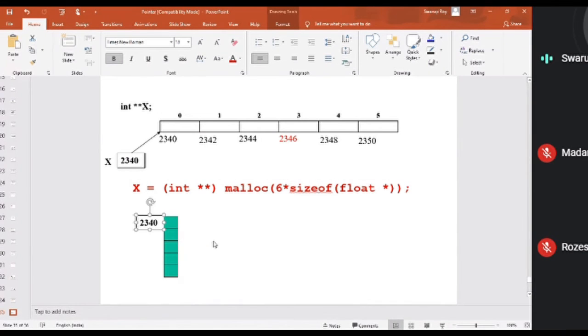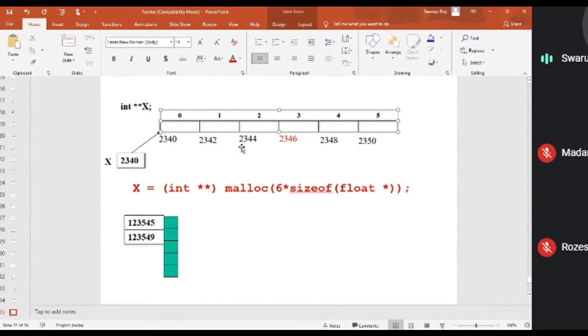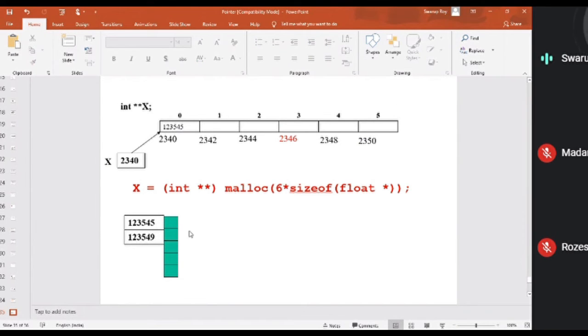Base address of this array, let us assume, is 1, 2, 3, 5, 7, 5, 5, 5. So I'm giving a big number. This is the base address. Then you know what the next address will be. It doesn't matter for me, you know how to calculate these things. If it is 4 bytes, the next will be 9 bytes. Now I can store the base address of this array.